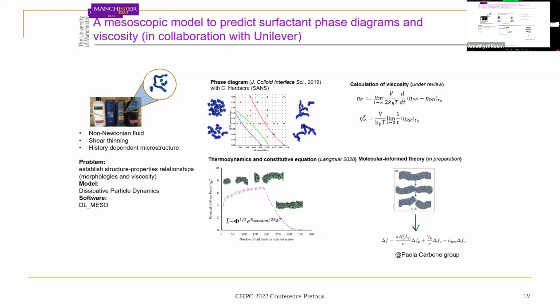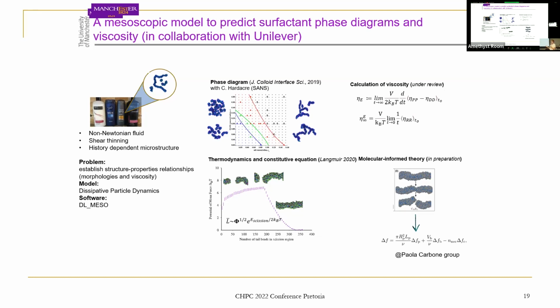So the soap looks like a homogeneous fluid, like the soap we use to wash our hands. But in reality, if you zoom in, it's formed by water, the liquid, and inside you have these large micelles. Now, this micelle can be spherical, but it can also have different shapes. Depending on the shape, you end up with a liquid detergent, for example, which has different viscosity. As a consumer, we expect certain viscosity for different types of detergent. So for example, we expect conditioner to be more viscous than shampoo.